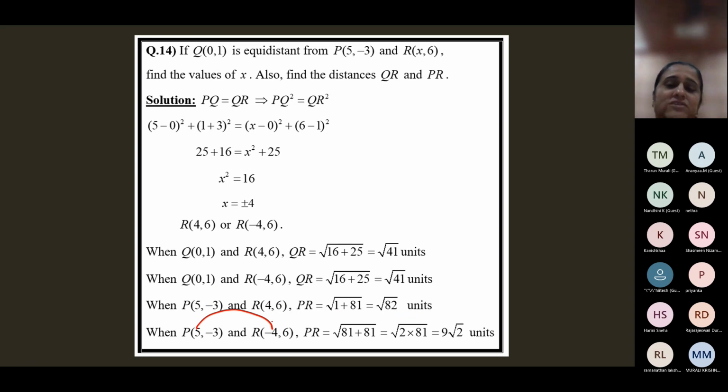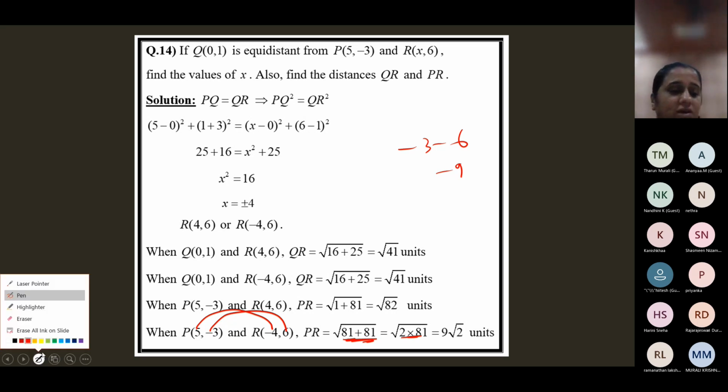5 minus 4, the whole square. Subtract the x coordinates, 5 minus 4. So 5 plus 4, 9. 9 square, 81. Then subtract the y coordinates, 6 minus 3, or minus 3 minus 6. Minus 9. Square it, 81. Now, whenever you have 81 plus 81 like this, write it as 2 into 81 because 81